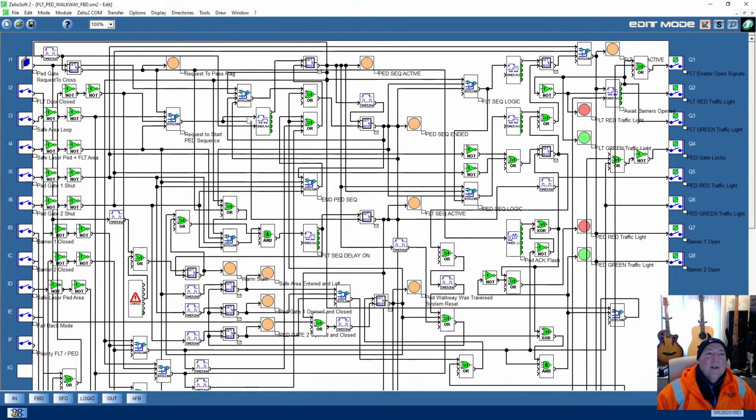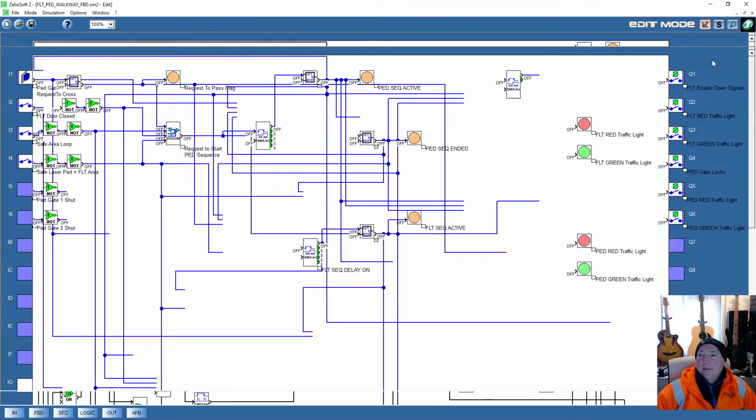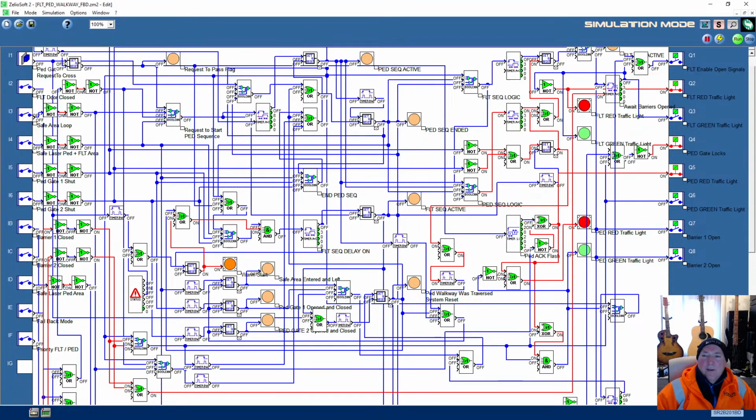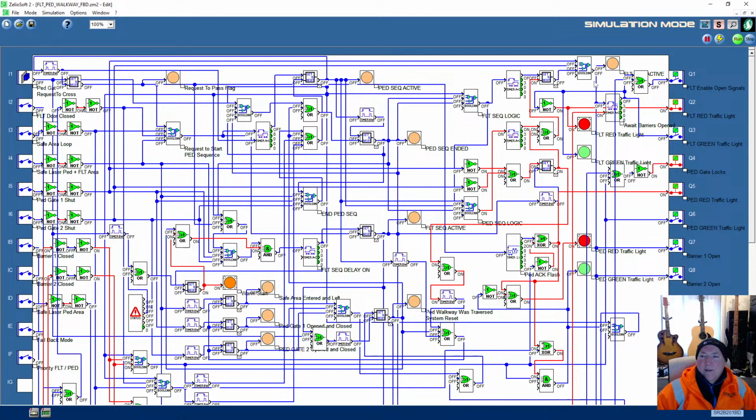So let's try and simulate a non or out of sequence state. So we've got our two flashy things there. Now we've got